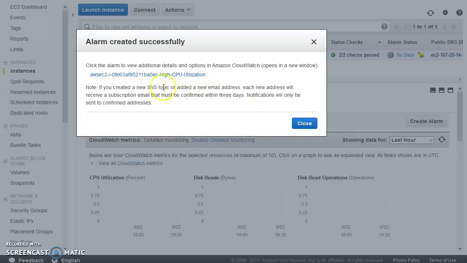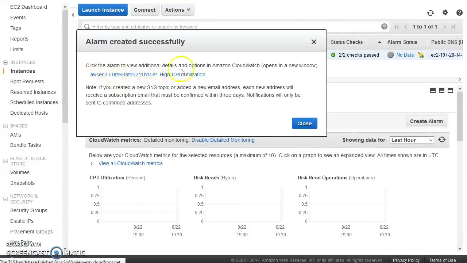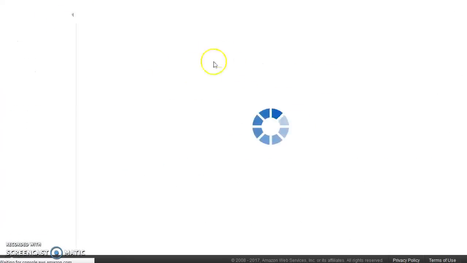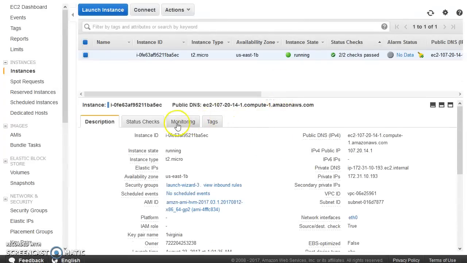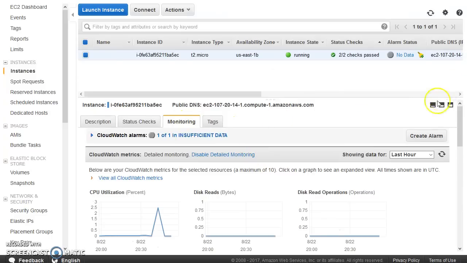Once I do this, it says click the alarm to view additional details. The screen just refreshed, it's okay. We will go to this monitoring. As you can see, first it says insufficient data because though the metrics are getting recorded every 1 minute, as part of my alarm I have told that in order to evaluate it, it needs at least 2 periods of 1 minute each.